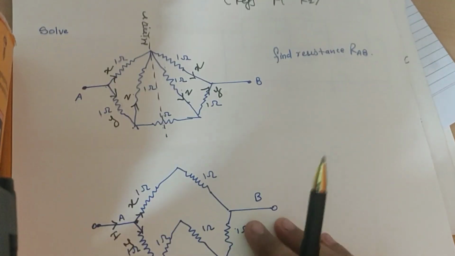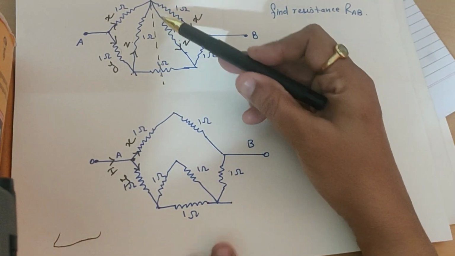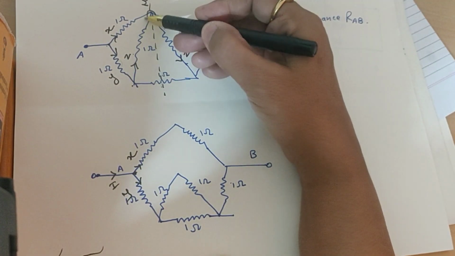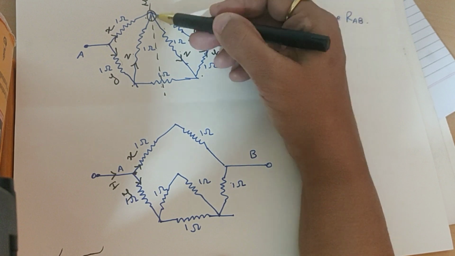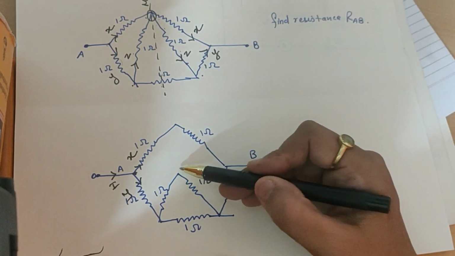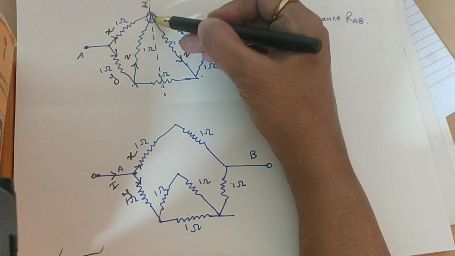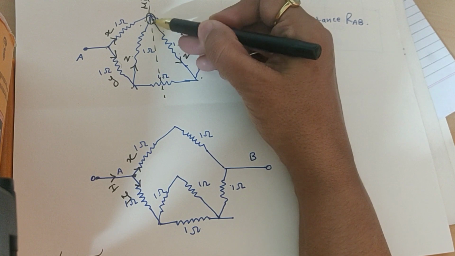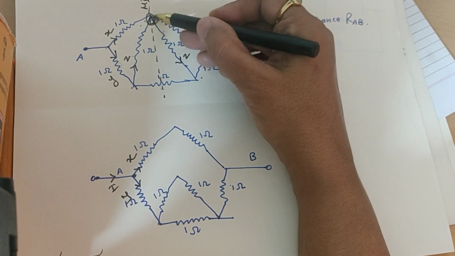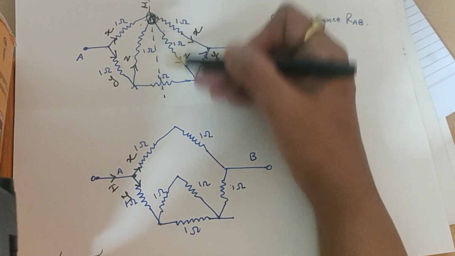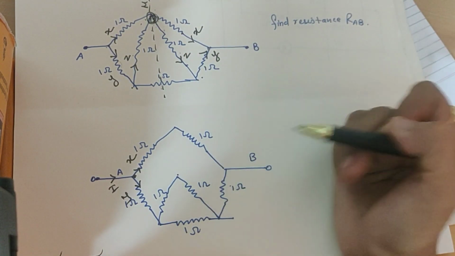So how will you get the equivalent circuit? There is no junction point over here, because Z goes here, Z comes out from this part. That means there is no distribution of current here. There is no junction point over here either, because X goes here, X comes out here, and there is no distribution along this branch. This point or junction point has been kept for your dilemma only, for the confusion part. So take this down. You will get it like this.